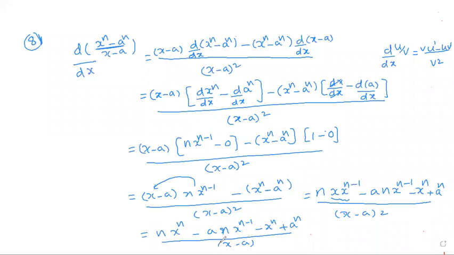Okay? Further, in the textbook, they will do the simplification. n x power of n is common, and writing the simplification is not needed, leave it. Clear, everyone? Everyone observe. Any doubt in this one? No doubt?